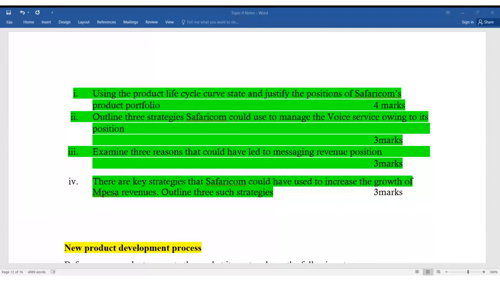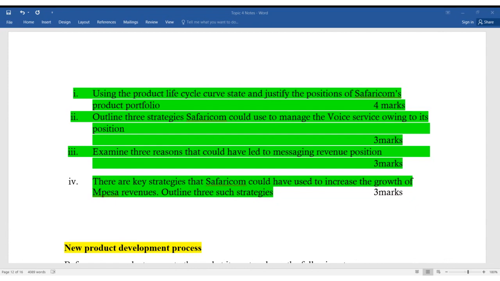Now, this is asking, you know that the voice service is in stagnation or it has reached maturity. What methods, what strategies could Safaricom use to manage so that it can achieve some growth or it can maintain that size of